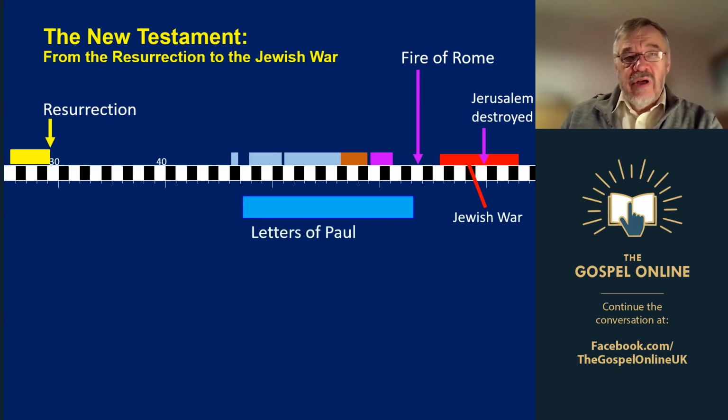So we can put Paul's letters, we can place them much more accurately than just in that bar. At this end, we have Galatians. At that end, we've got 2 Timothy, and we can place all letters in that bar in between. The Acts of the Apostles, like I said, was written in 62 AD, right at the end of Paul's captivity in Rome. Within a month or two of the writing of Acts, he must have been released to go out onto further journeys.